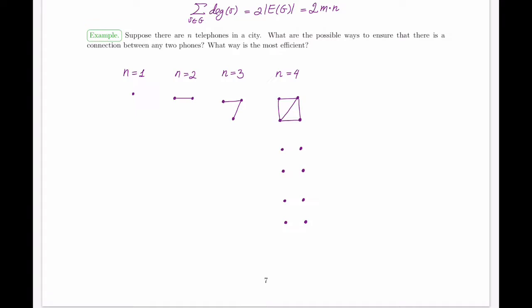So this is, in fact, one way to connect them all. In fact, I can even include this one. This is the most connected that I can get. This is the complete graph on 4 vertices. Everything is connected to everything directly. But if I'm not interested in connecting everything directly, I can, of course, create other possibilities.